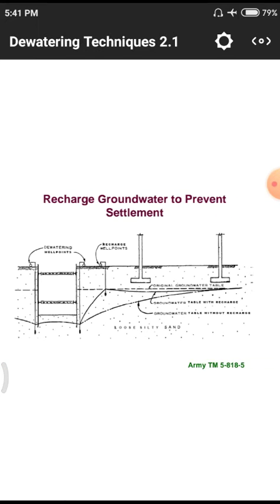Next one, this is the recharge of groundwater to prevent settlement. Normally for heavy structures or normal structures, the groundwater lies below the ground level at great depths, that means 30 feet or 40 feet. For drought-prone areas, we have to dig wells up to 100 or 200 meters, particularly in areas with a huge amount of water scarcity, so these structures have to be built with a normal foundation. Why? Because we have a drought area, that means low water content.